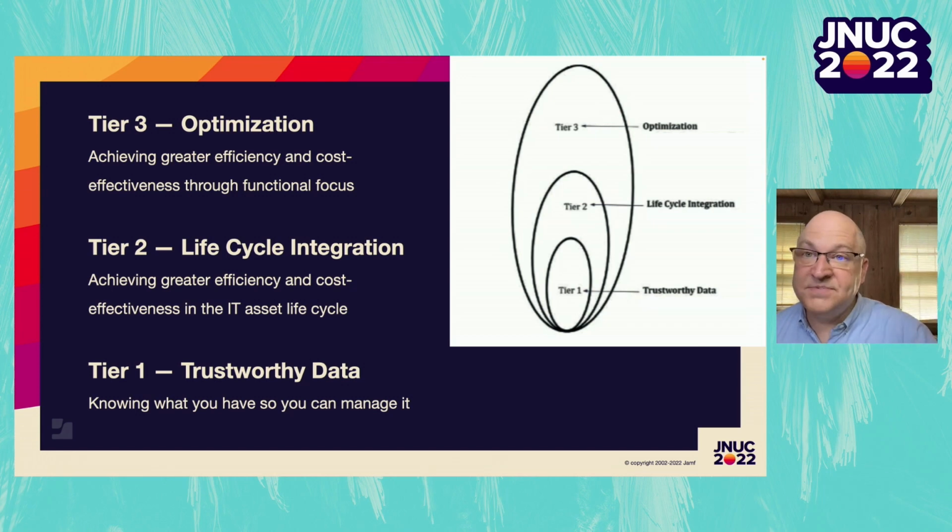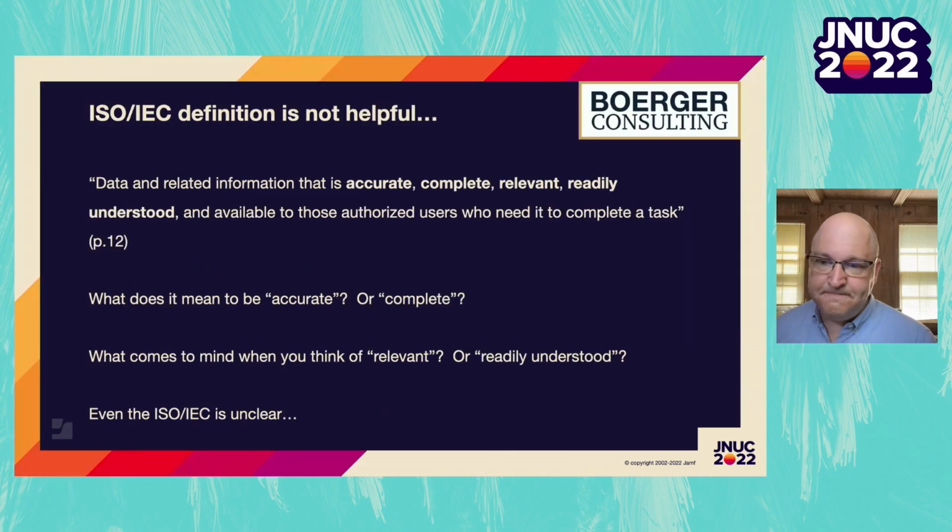And then optimization is the capstone that then takes this and runs with it up to renegotiating software licenses and defending against audits and finding that weird closet that everybody shoves their stuff into that they then forget about. And 4 years later, it's like, I could have used that. But we're talking about trustworthy data.